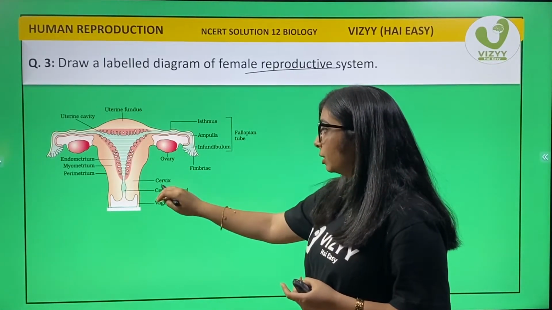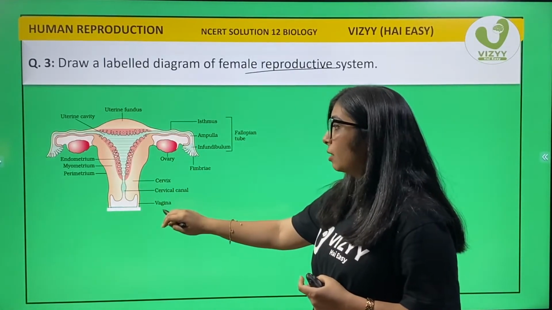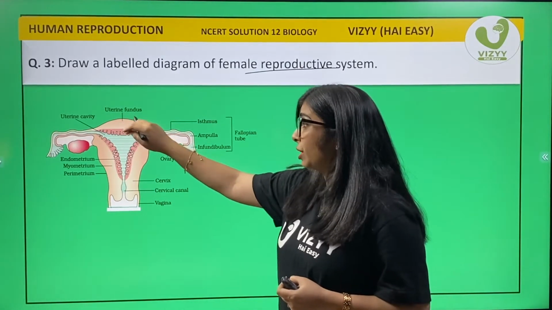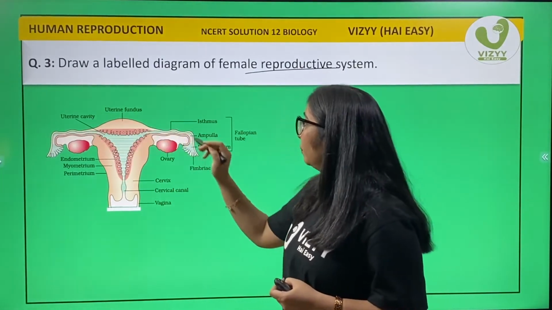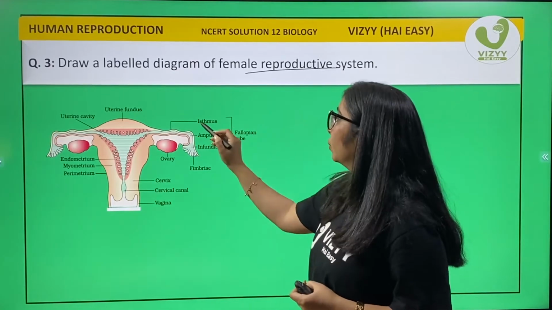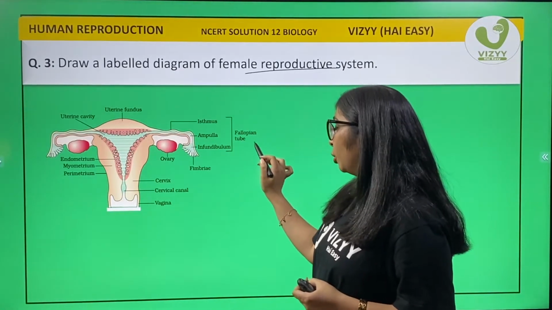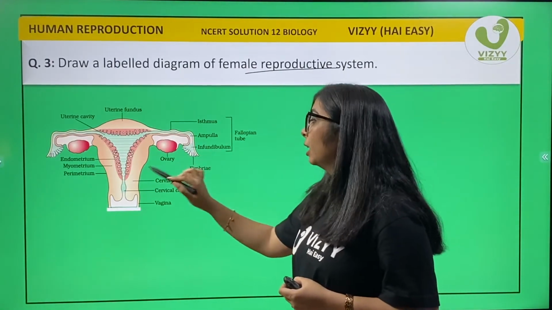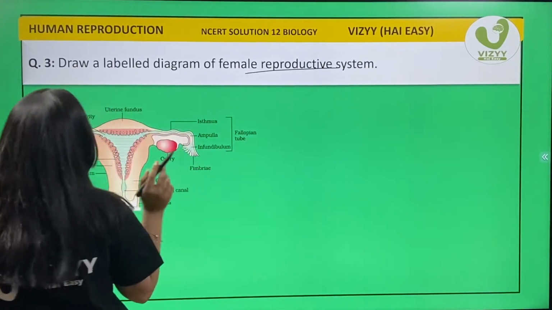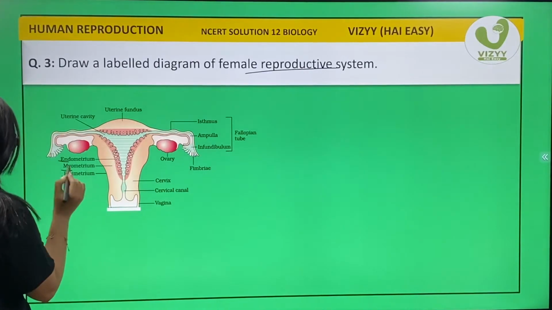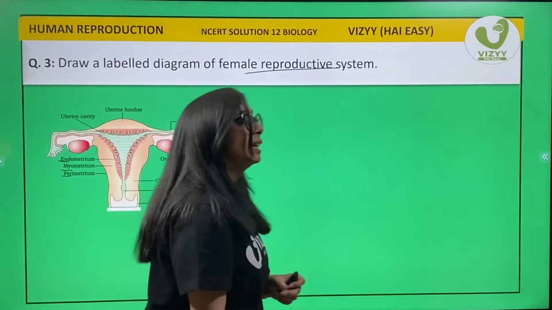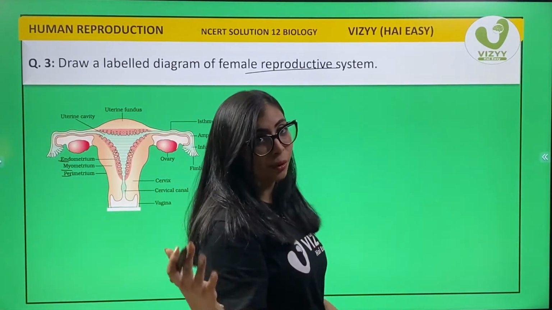ovary, cervix, cervical canal, vagina, uterine fundus, uterine cavity, and then inside will go isthmus, ampulla, infundibulum, fallopian tube, fimbriae, and then when you're going into the uterus, you have endo, myo, and perimetrium. So let's start placing and let's start drawing this